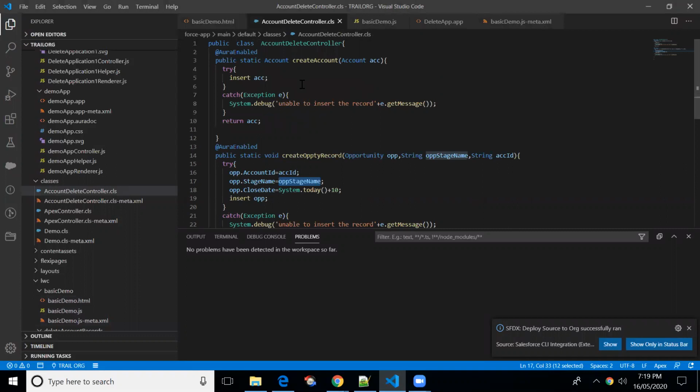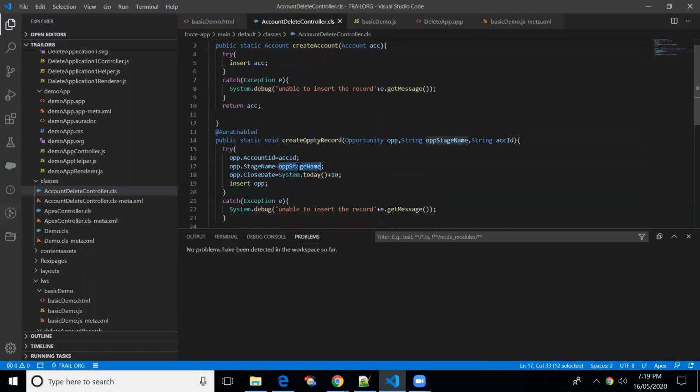So I have created two methods. One is for creating accounts. In this method, we'll be just inserting the record in the try block. Let's say while inserting the record, we may get an error, so we'll be catching that error in the catch block. This method is basically for creating the opportunity. We are showing only the opportunity name, I mean, we have created only one input in the form, right? Stage name and close date are mandatory, so I'll be just setting some default values. For close date, I'll be setting the default value. For the opportunity stage name, I'll be passing the value from the JavaScript. That's it.